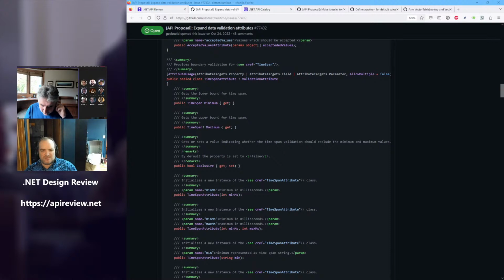Well, and then there's the string overloads that let you specify a fully elaborate time span, which you could still do with the existing range attribute class, though. Yeah, you just need to do the type of ugliness.